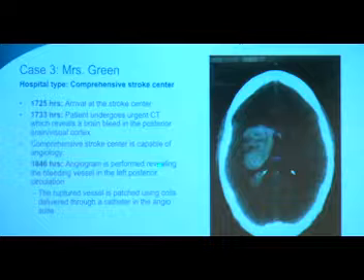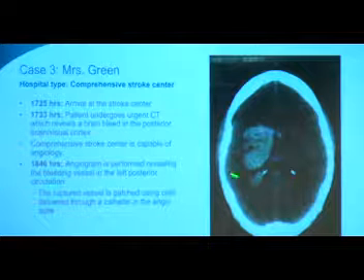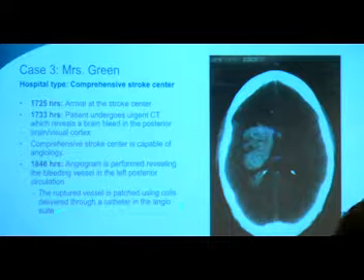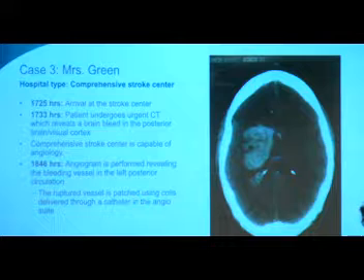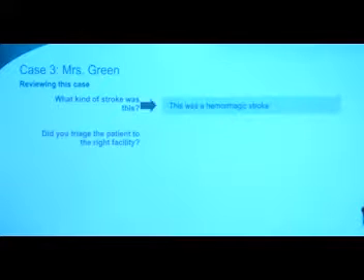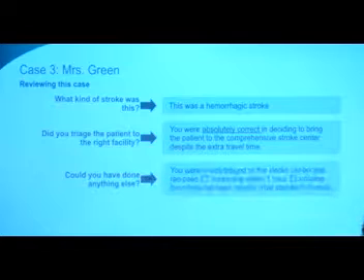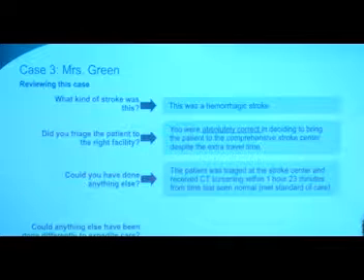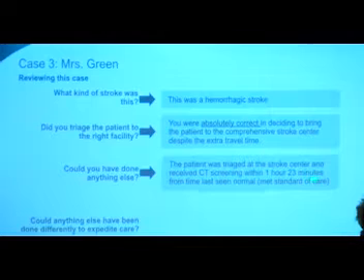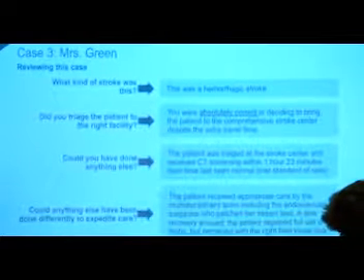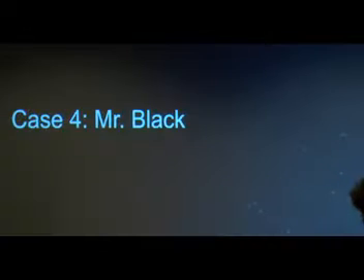So anyway, angiogram performed revealing a bleeding vessel in the left posterior circulation. Looks like a subarachnoid hemorrhage from a ruptured aneurysm. This is what we do, using coil embolization. What kind of stroke was this? We already said this, hemorrhagic stroke, triaged absolutely correct. Again, come to the comprehensive stroke center, FAST-ED more than 4. Could you have done anything else? Triage at the stroke center, received CT, everything according to the standards, and then eventually went on to get treated